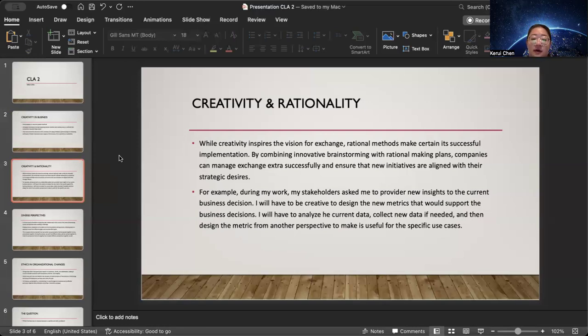For example, during my daily work, my stakeholders ask me to provide some new insights to the current business decision. I will have to be creative to design new metrics that will support the business decision, but I will also have to analyze the current data of what we have right now and collect the new data if needed, and may also need to identify that the data is not currently available. And then, with all of the data and the information collected, I will design the metrics from another perspective to make it useful for